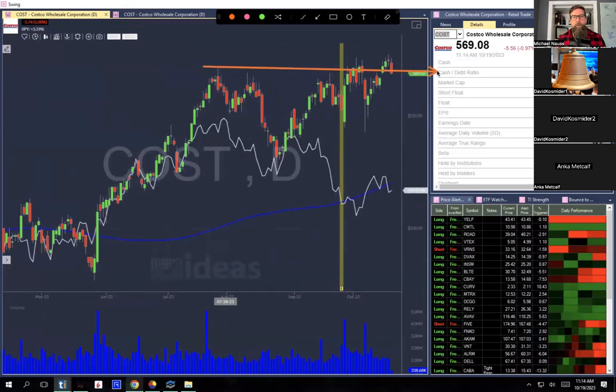Yeah, Costco. And I'm not doing the fundamental stuff on names, I think that we all know. So Costco, this level, I think is very important. We're getting a bit of a sell down today. If we break below that level, I think that's a little bit worrisome.